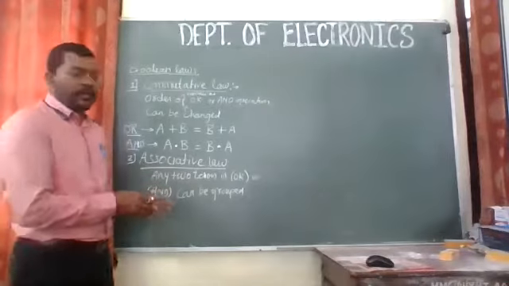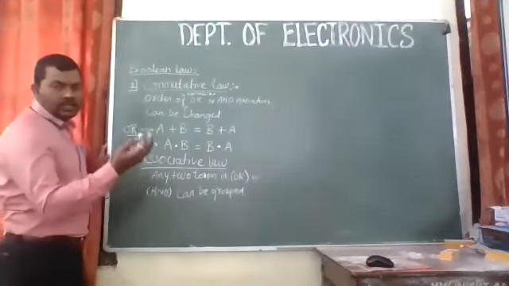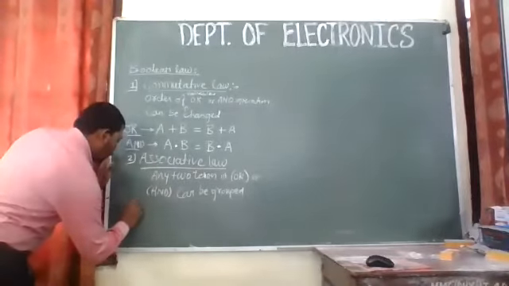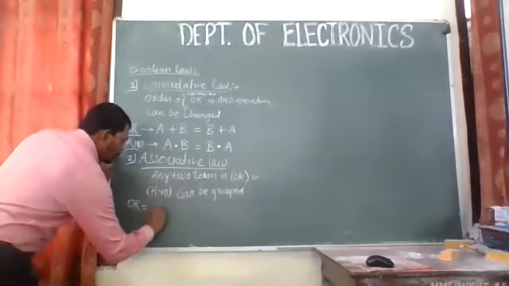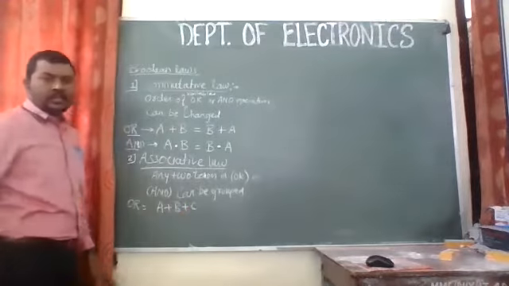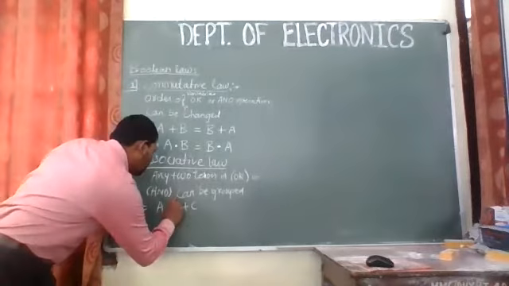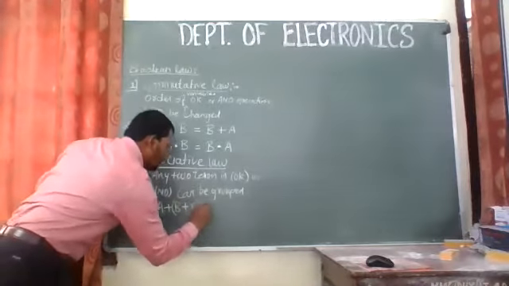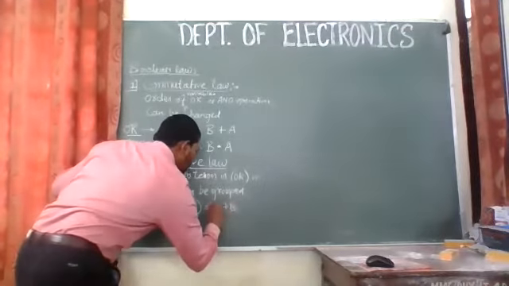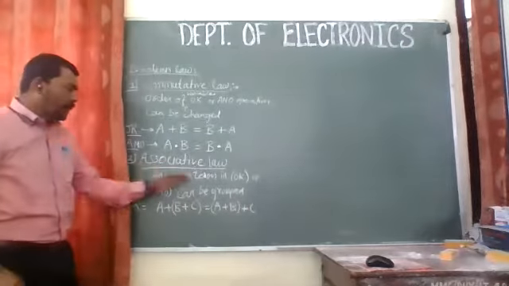Now how am I telling this, what am I writing? I can write it with an example. We have three variables and we want to add them. So for OR operation, we can write A plus B plus C. These are three variables. So this B plus C can be grouped and written as A plus B plus C. This is what grouping means.